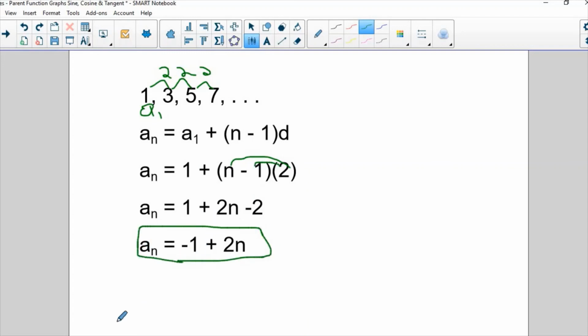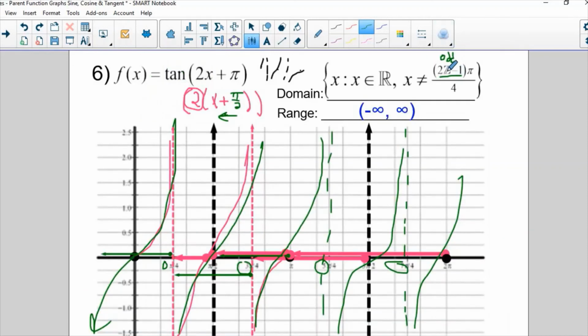So in sequences and series, we would write it like that, but in describing domains, we write it more traditionally with the number first, 2n minus 1, as opposed to negative 1 plus 2n. All right, so let's take a look at how we would also maybe check some of this on our calculator, a little review of some calculator features as well. There's a lot of review when you get to this level in math, and it's important to know where all